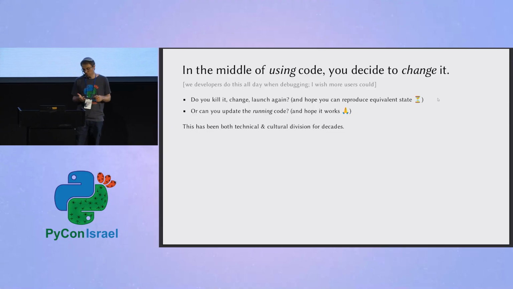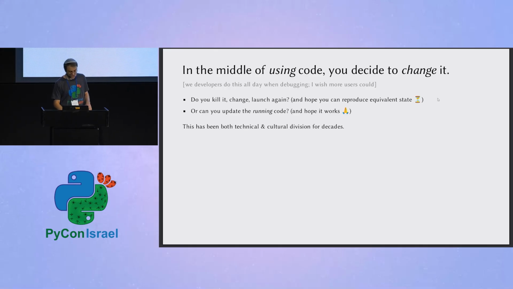The alternative I want to talk about is updating the code in an already running interpreter without losing any state, and hope you don't screw up. It has downsides too. And this is both a technical division. In some languages you can't really do this, but in most interpreted languages to some degree you can, but also a somewhat cultural